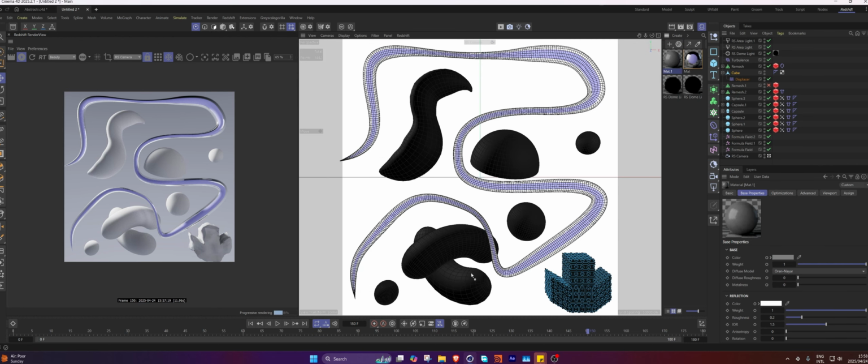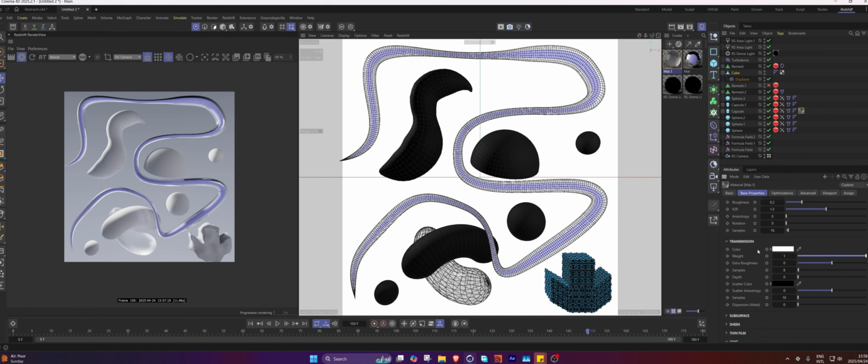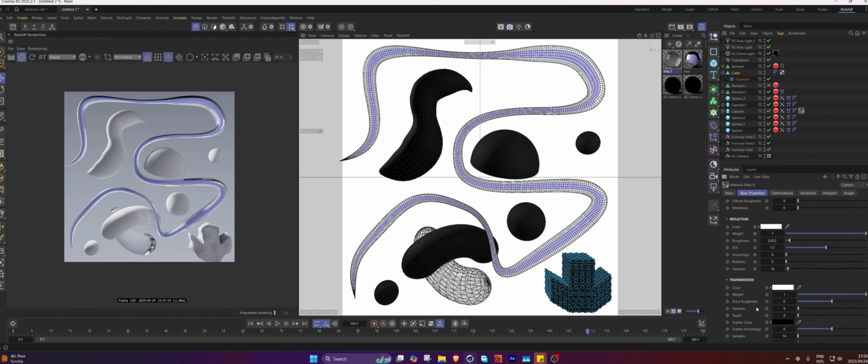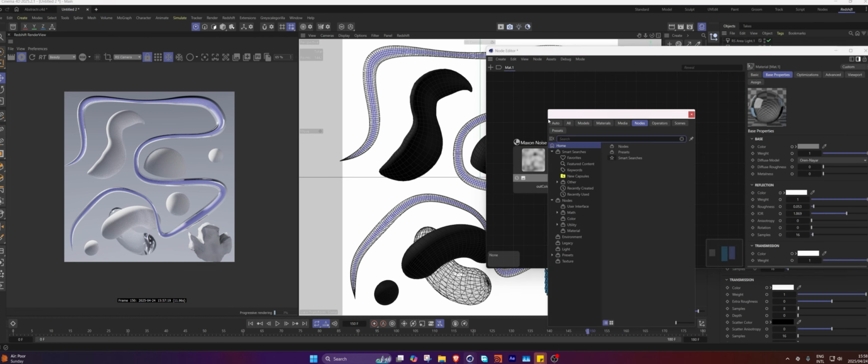Let's create another one. Let's put it over here. And with this one, we're just going to turn on the transmission all the way. And let's turn down the roughness a bit. Still a bit of it, but then let's raise the IOR this time. Let's also go in here, and let's search for some Maxon noise. Let's just put it into a